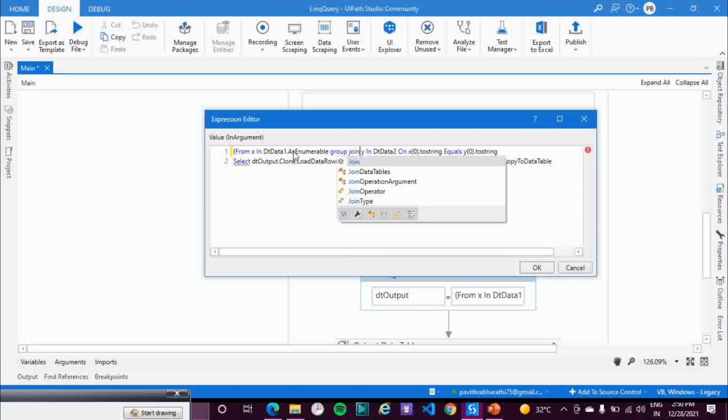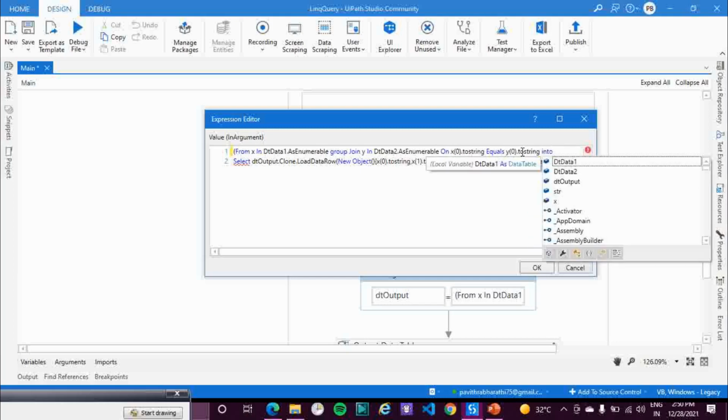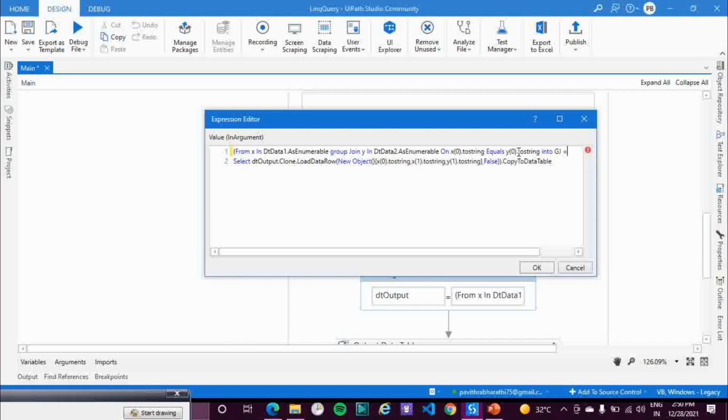From x in dt1 as enumerable, group join by in dt2 dot as enumerable, on x of 0 is equal to y of 0 into group join is equal to group.